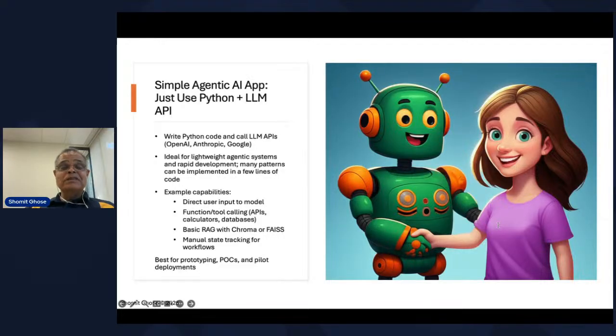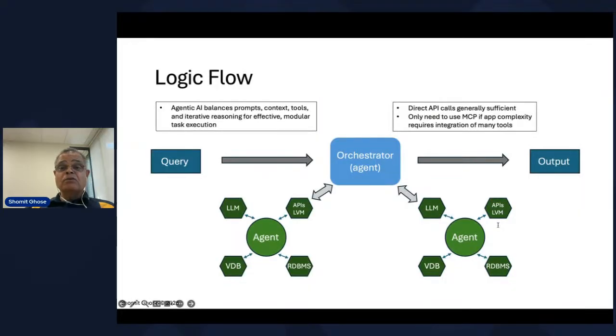So how do you go about building an agentic AI solution? You can do it pretty simply by writing Python code and making API calls directly to your favorite LLM. This is a great way to get started. This is a block diagram of input and output flows through the multi-agent system. The underlying scaffolding will be the API calls to LLMs, vector databases, and relational databases as your application may require. And of course, you can have multiple agents collaborating. So query to output, multiple agents collaborating in between, multiple data sources accessed, and a fully contextualized result produced on the right-hand side.